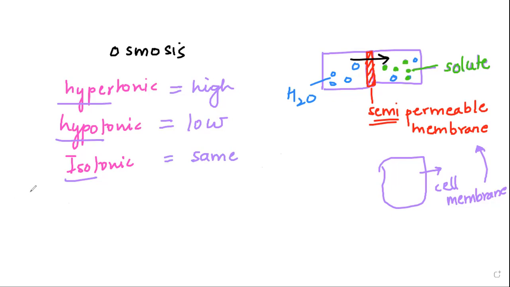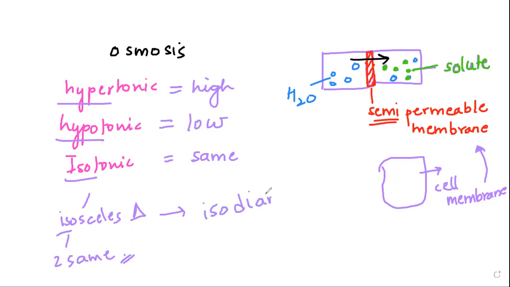You can remember this if you remember this term in maths, right? Isosceles triangle. An isosceles triangle basically has two sides which are same, right? That's why it is known as an isosceles triangle. That's how the name comes into picture. If you delve more into math related subjects, you might also come across something called isodiametric. Again, same diameter, you break down the words, right? So something like that. So isotonic would definitely refer to